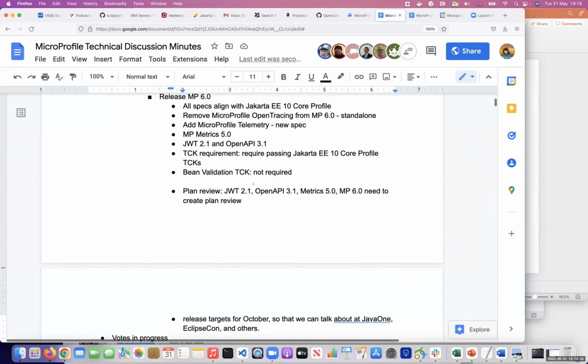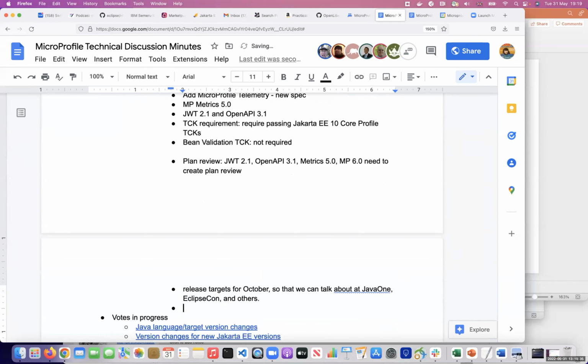So is the idea that we would have module-info.java files for each of the API projects, or is it just that we would define module names? What is defined in Jakarta EE? I think, yeah, add that module-info file and make it happen to be able to support that technology.